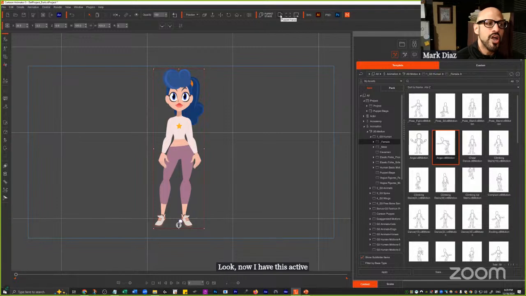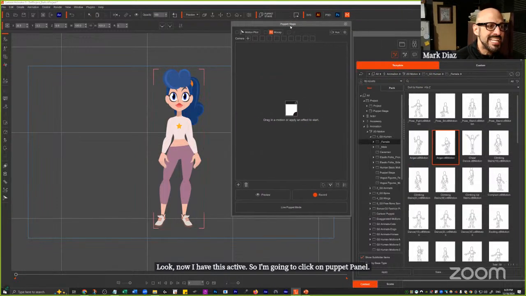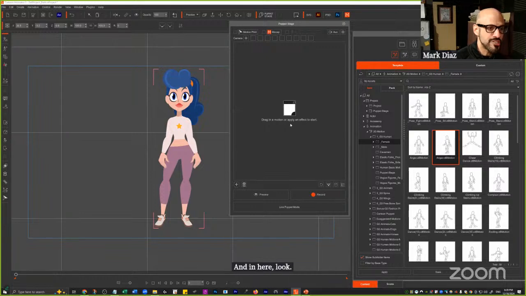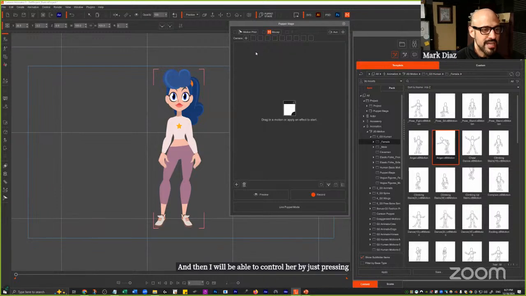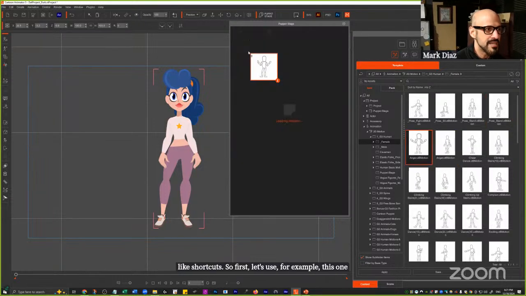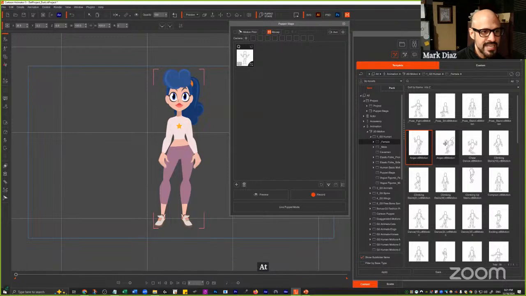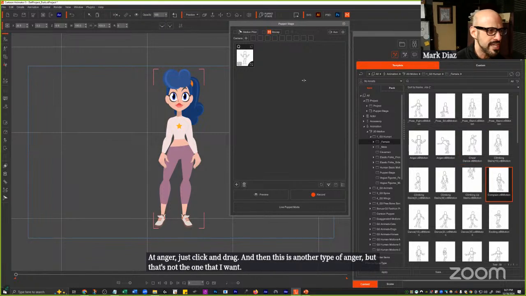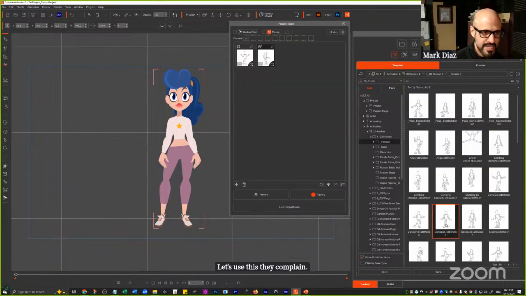So I'm going to click on Puppet Panel, and in here, look, I can drag motions. Any of these, I can click and drag into here, and then I will be able to control her by just pressing keyboard shortcuts. So first, let's use, for example, this one, the anger. I'm going to add anger, just click and drag, and then this is another type of anger, but that's not the one that I want. Let's use this, the complaint, and then we're going to do the dancing loop, right? So we have those three, and you can see on the top it says